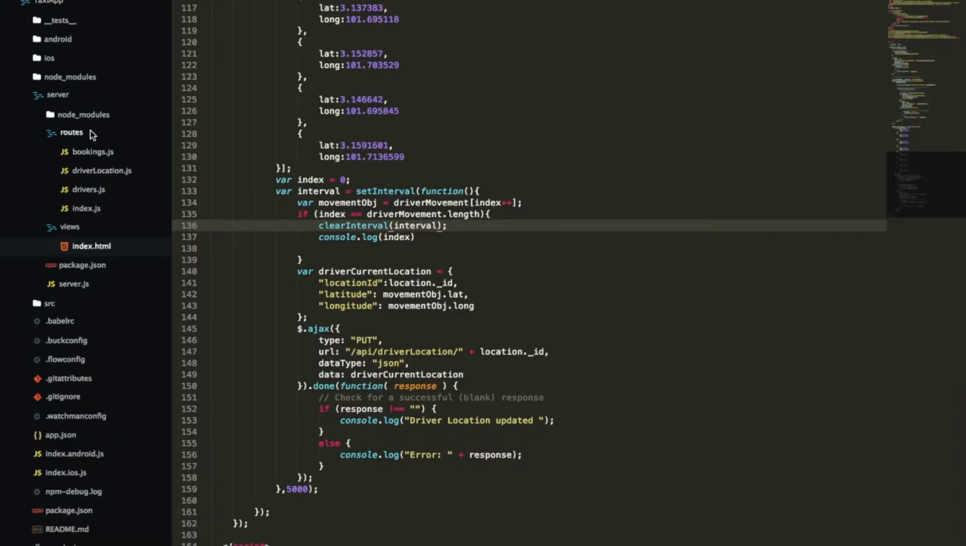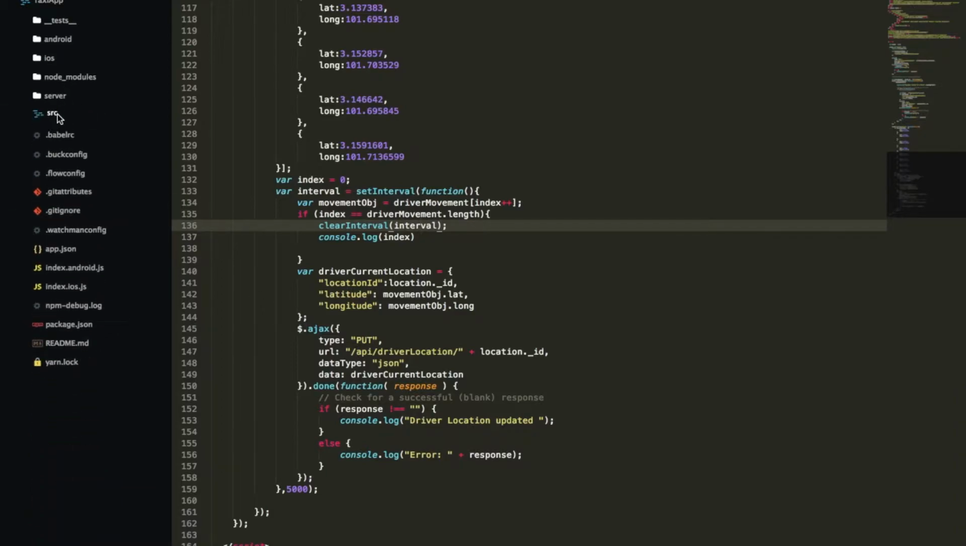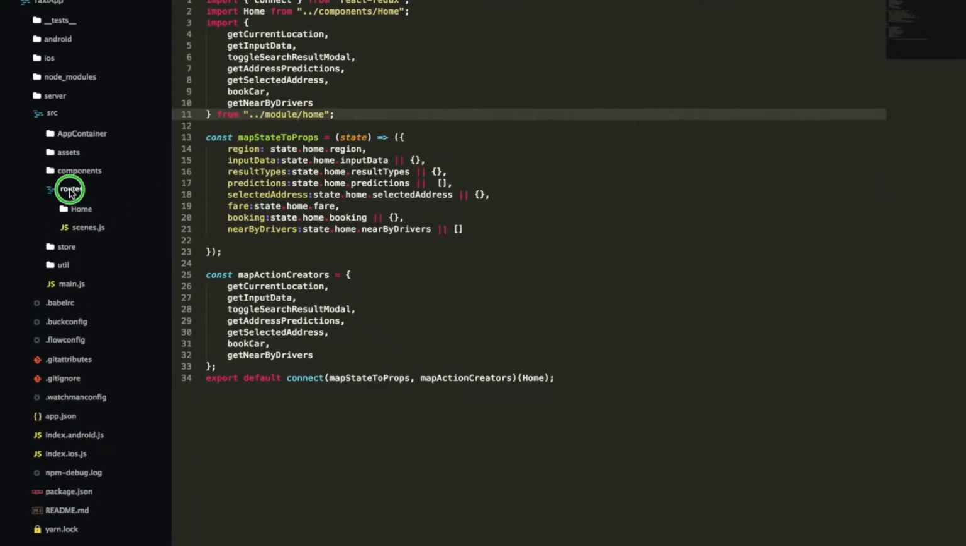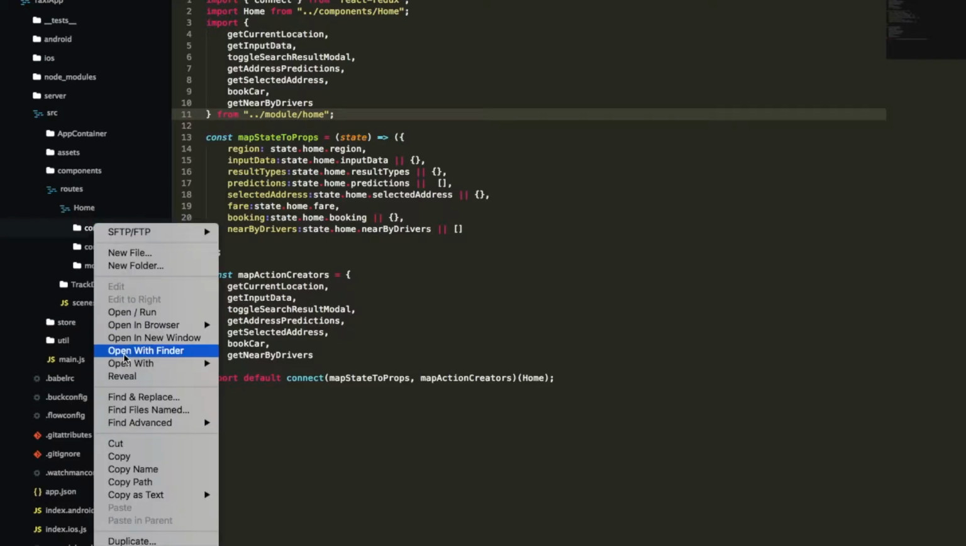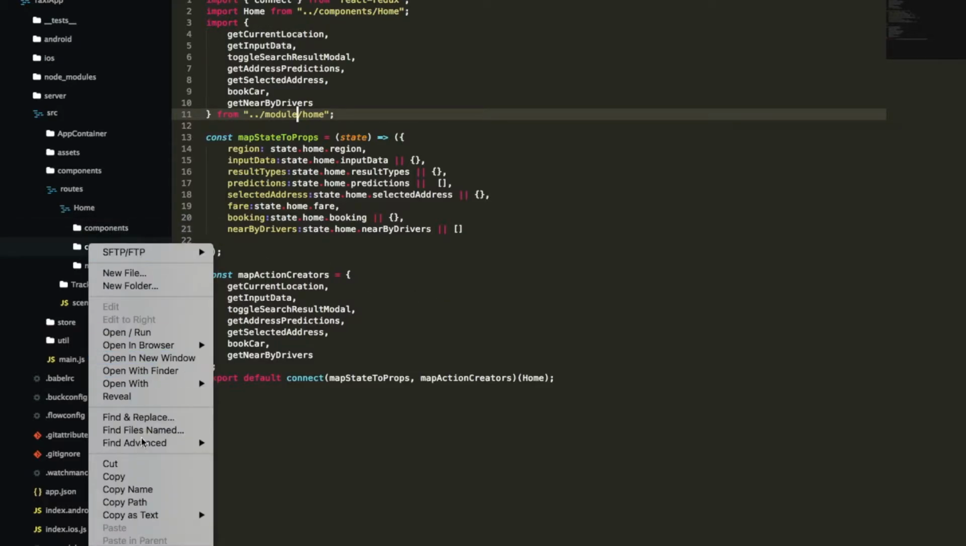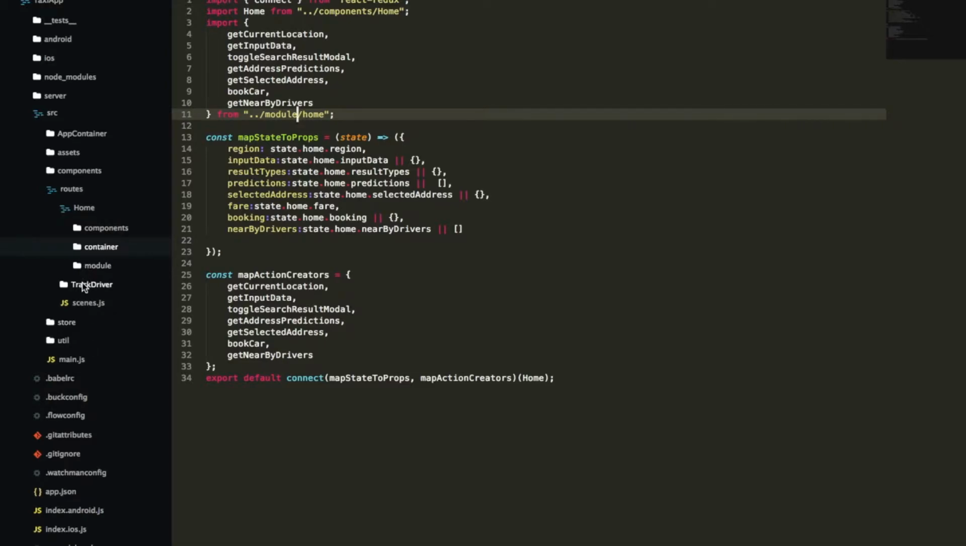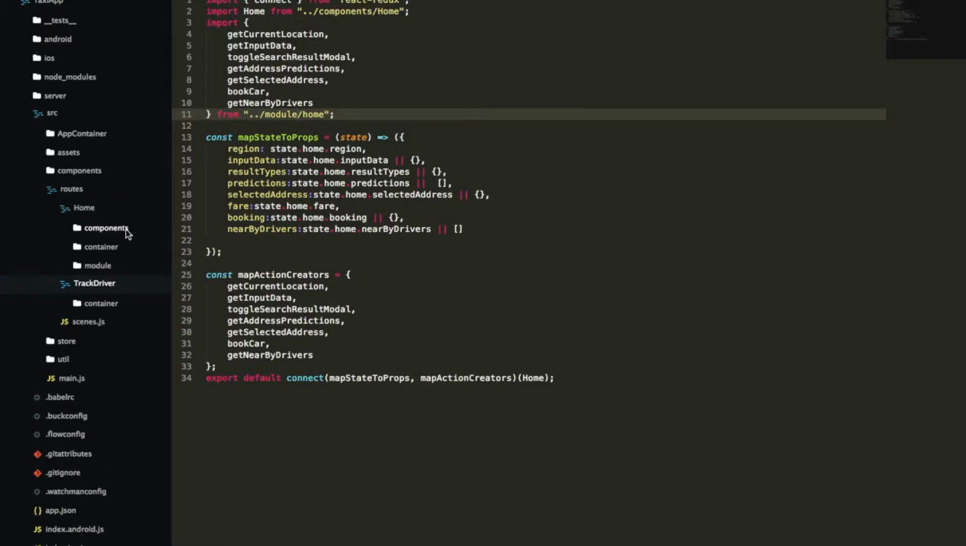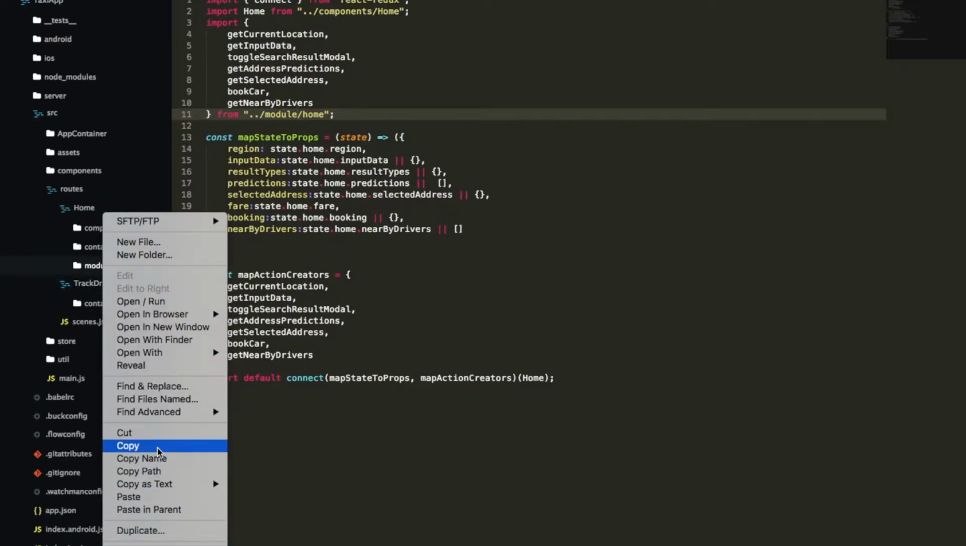So now we need to go inside our source and create a new route called track driver. Okay, so inside my routes folder, I'm just gonna create another folder called track driver. This will be my track driver route. And inside this folder, I'm just gonna copy some of the things I have here. Like the container, I'll copy it from the home route and I'll paste it in here. I'll also copy the module,